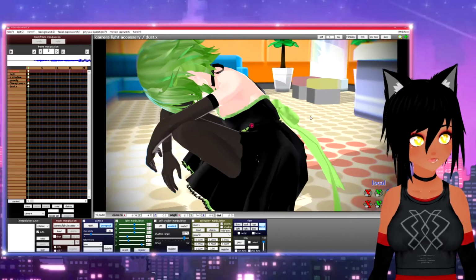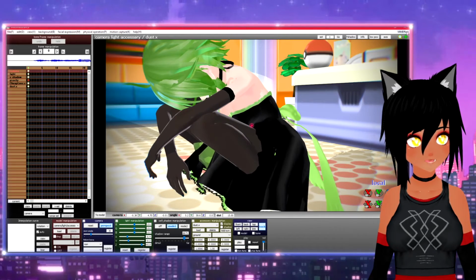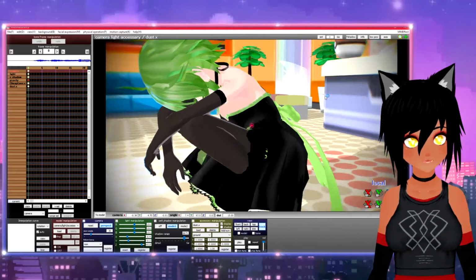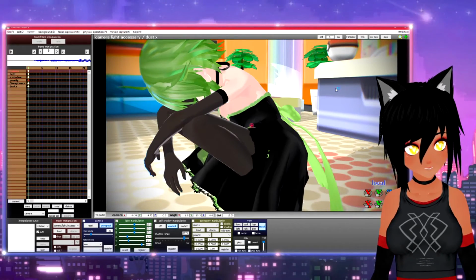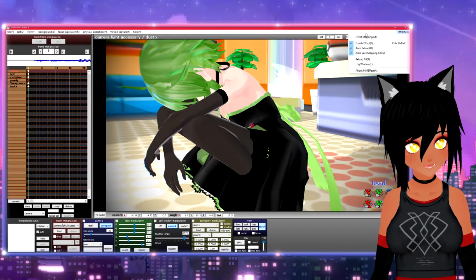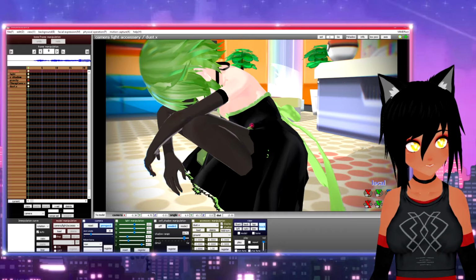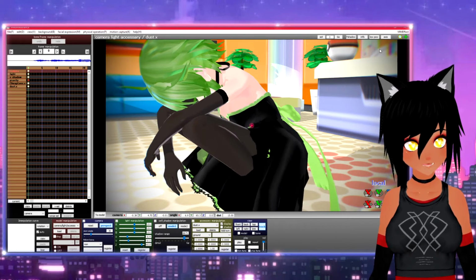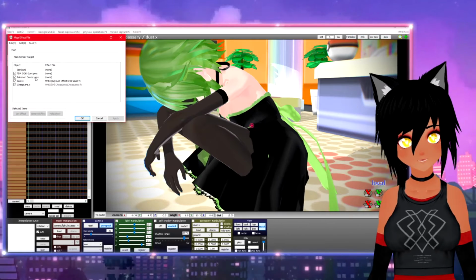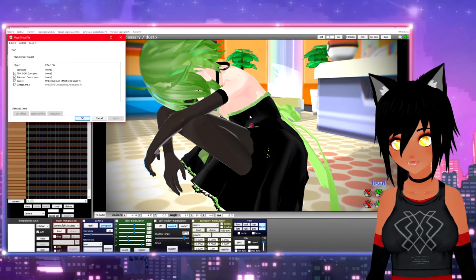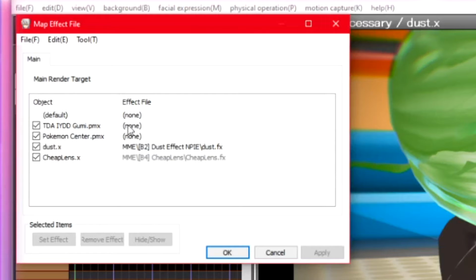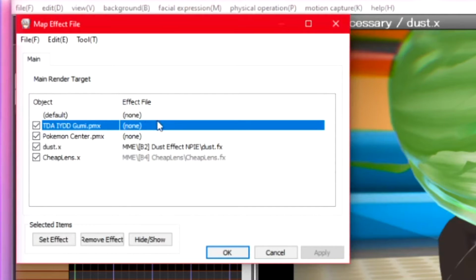Now, if you download MME, or MikuMikuEffect, it's basically like a plugin or DLC, and this adds extra rendering effects and makes it look a lot more polished, like effect mapping, and then you can add shaders and all kinds of stuff to make it look even nicer.